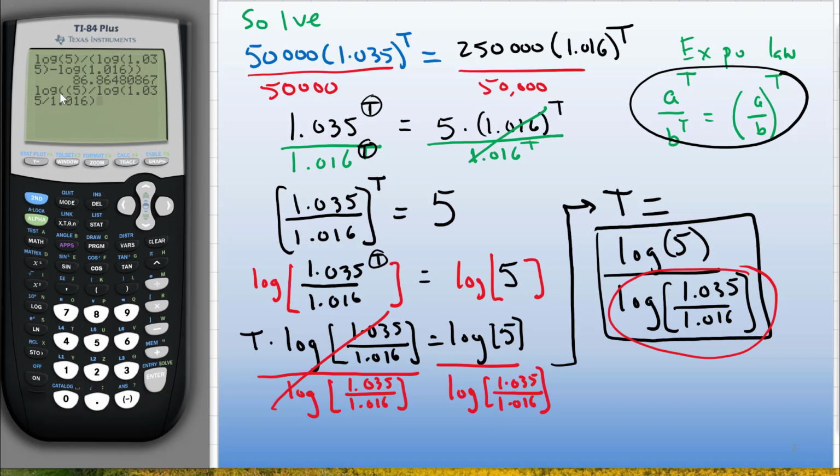And I have too many parentheses here. Okay, right up here there's too many parentheses, so I'm going to pause for a second. Alright, I realize it's not that big a deal. I'm just going to go up and back and hit the delete button. So the first log has a log of 5, then there's a division. Now I'm not worried about parentheses on the bottom because there's only one log. I don't have two logs in a subtraction on the bottom. I just have one log. And so this log opens up with this parenthesis here and ends with that parenthesis there, and I'm going to hit enter. And sure enough, we get the same